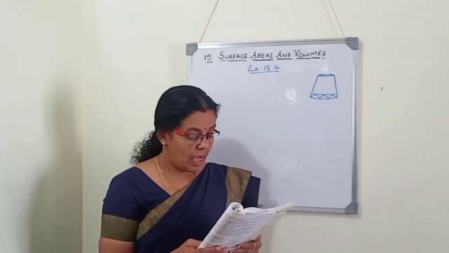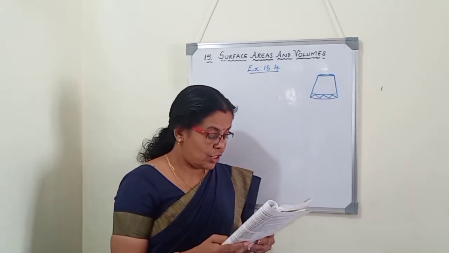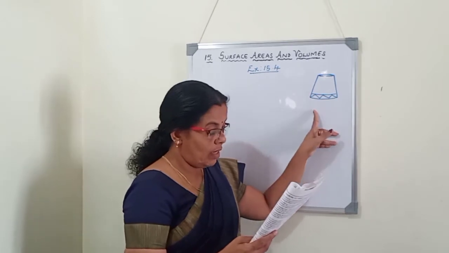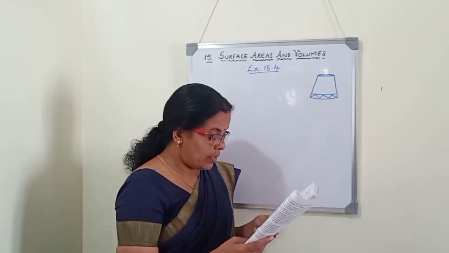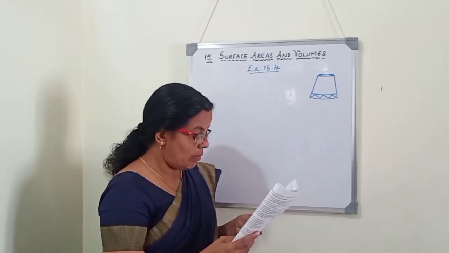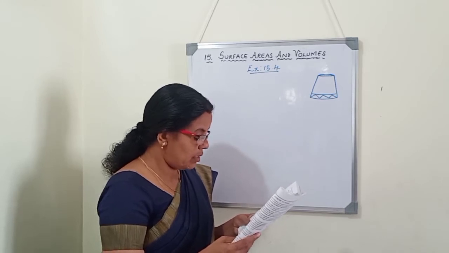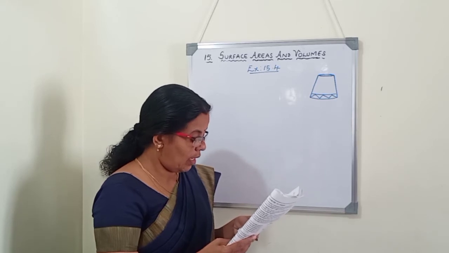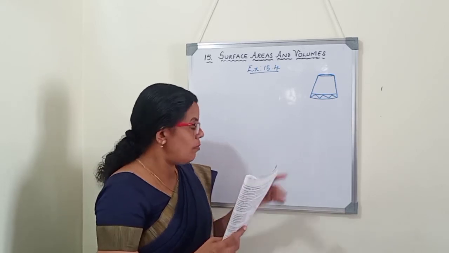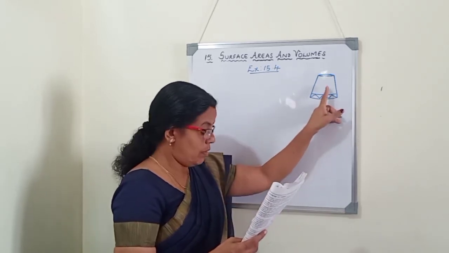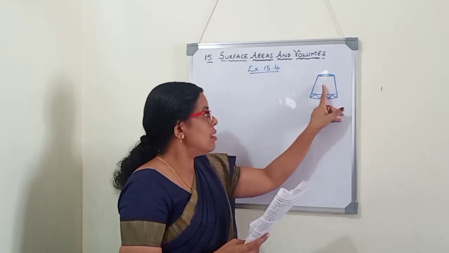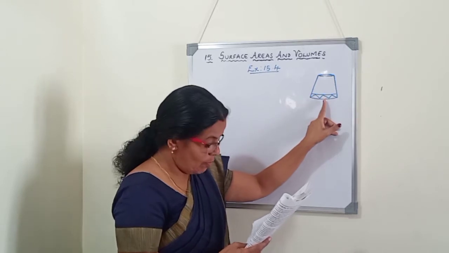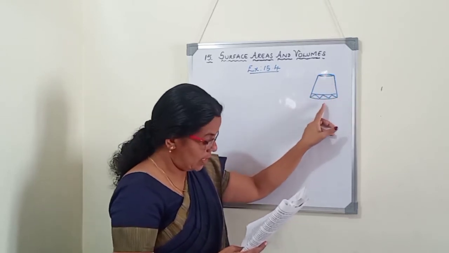At first, the cap used by the Turks is shaped like the frustum of a cone. So here diagram is given. If its radius on the open side is 10 centimeter and radius at the upper base is 4 centimeter and its slant height is 15 centimeter, find the area of the material used for making it. This is a cap known as fez used by Turkey people. So here it is in the form of a frustum of a cone. Two circular surfaces are there.